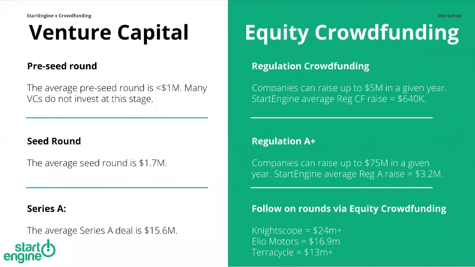Now, with VC, you might be familiar with their standard pre-seed rounds, seed rounds, or Series A. In terms of our strategy here, typically companies start with that Reg CF, as I discussed, raising up to $5 million in a given year. They potentially would go into a Reg A, which would be similar to a seed round in the VC world, and then go on to do wonderful things afterwards. We've had some companies go on to raise much more money from institutional rounds. Maybe they've gone on to IPO or potentially be acquired. And there are some examples of companies that have gone on to do that.